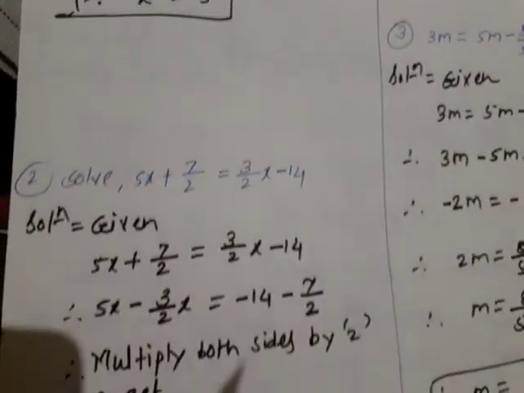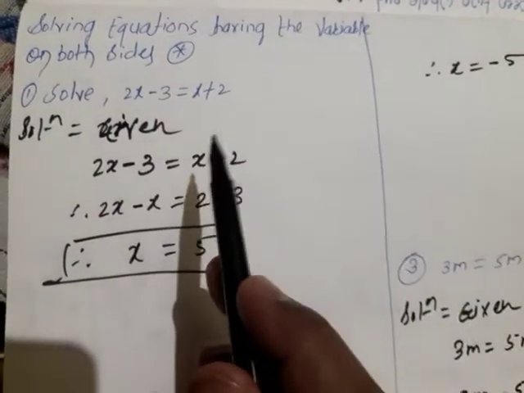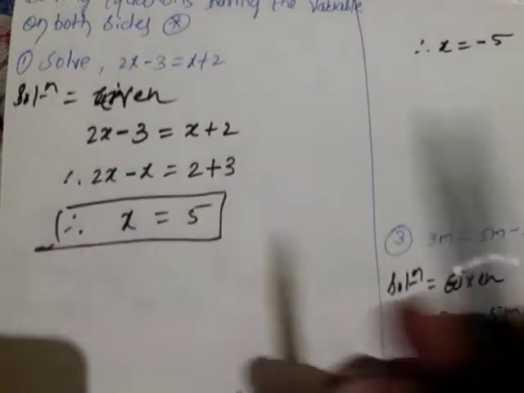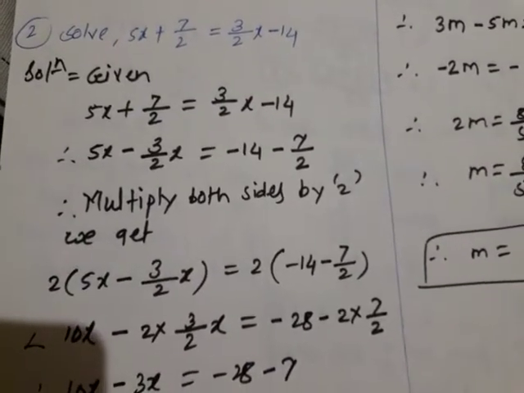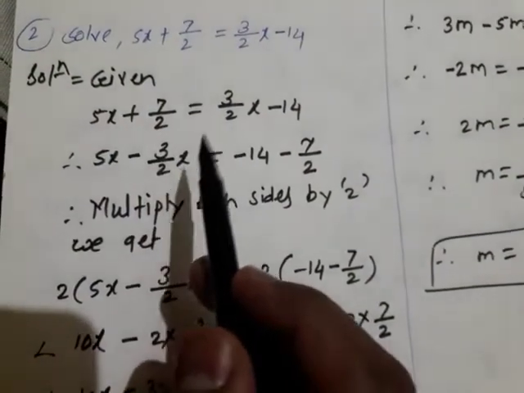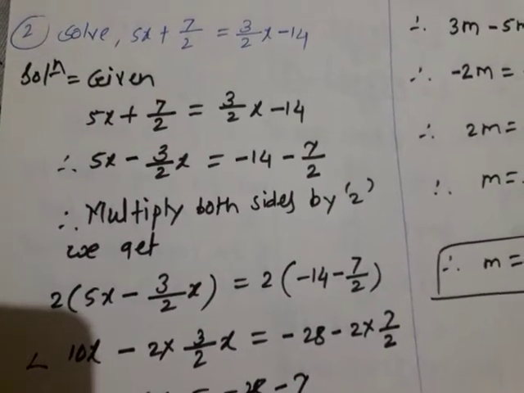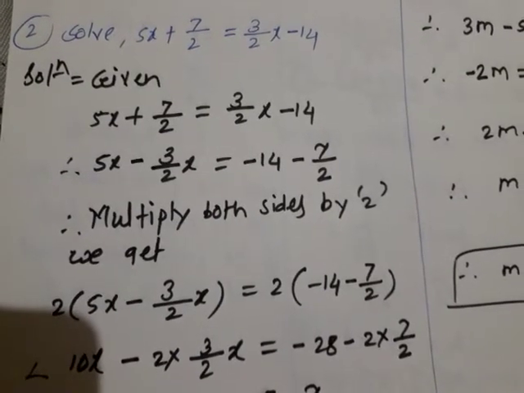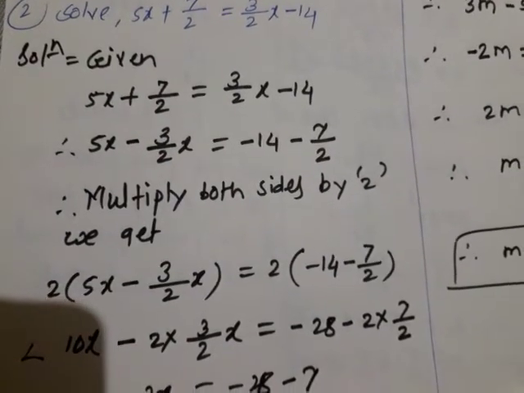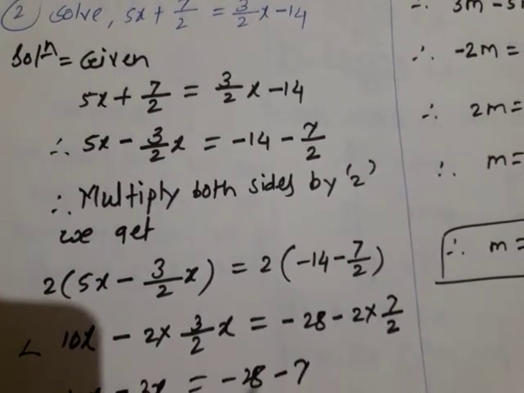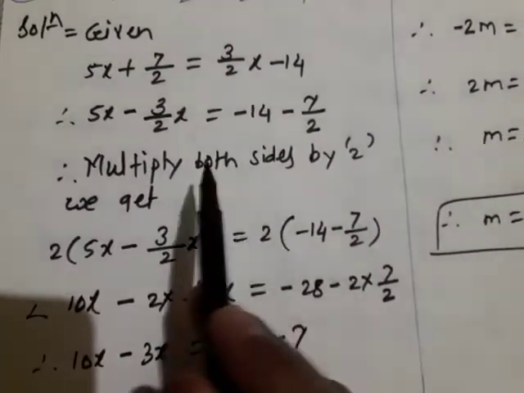Okay, then this second example we have seen. Look at this well for notes also, you have to write the notes, same thing. Then the second example I will show for notes purpose also, and I will repeat again. Look here, this is the given example. In this you can solve this example in many ways, I told you before that. But the first important thing you remember, we have to equate coefficient terms on one side and remaining numbers on one side. Then here I have shown you one different method, that is, I think some of you are well known about it. Multiply both sides by 2.